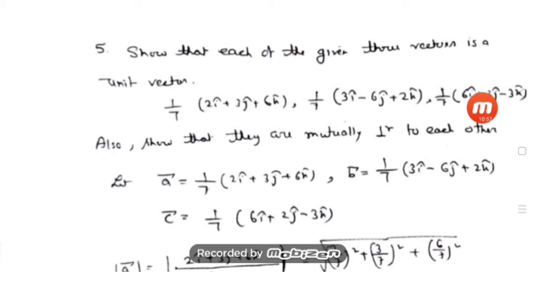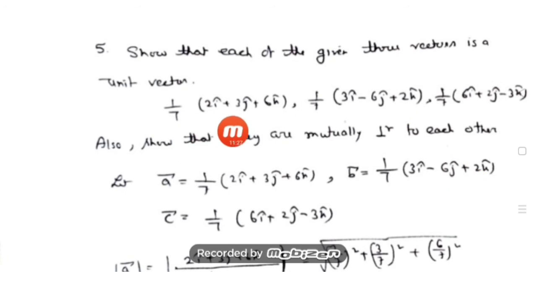And when we call the vectors unit vectors, hope you remember, it is when their magnitude is 1. After getting the unit vectors, you have to show the second part of the question, show that they are mutually perpendicular to each other. What does mutually mean? If I name the vectors as A bar, B bar, C bar, then mutually perpendicular means A bar is perpendicular to B bar, B bar is perpendicular to C bar, and A bar is perpendicular to C bar. Okay, so we'll proceed one by one.